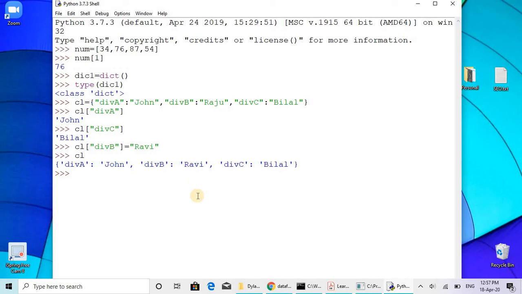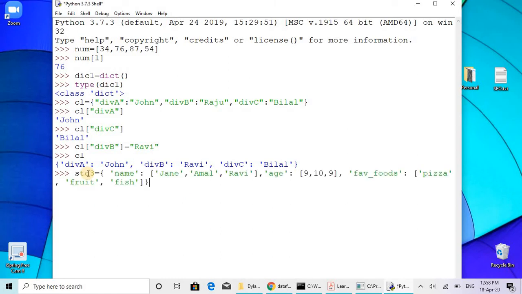Okay, now I can show you one other example for you. I am pasting that one here. Standard 3 have students. Name, this is the first index, name. Corresponding to that name, I given here three student names, Jane, Amal, Ravi. And this is the second index, that is age.